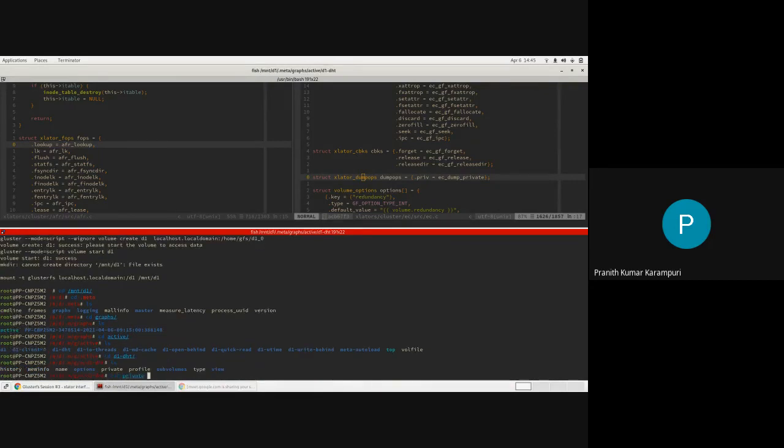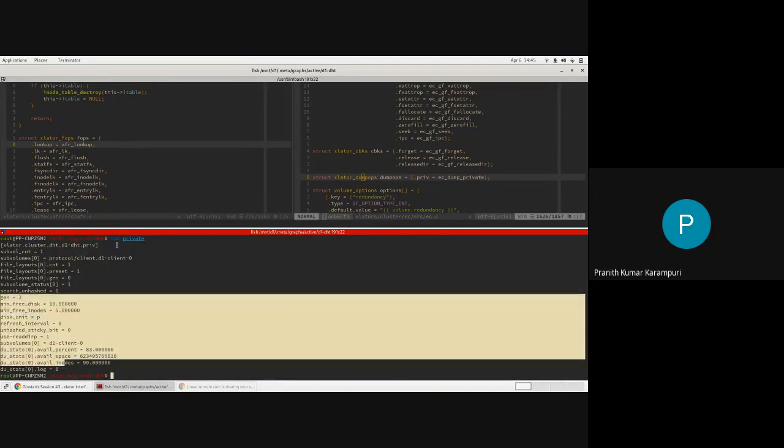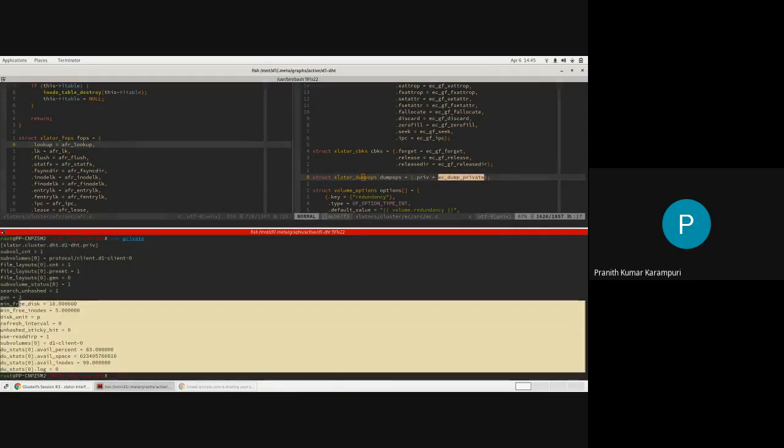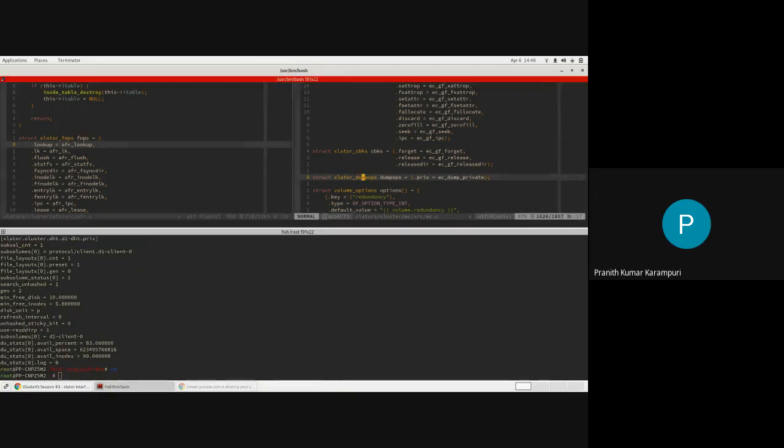So when we do this cat private, this will lead to an operation like this. So in dump ops, there is a .priv, and you can write code to dump whatever information you want to be present here. So this is a way of looking at the contents of each translator that you want to expose to the mount. It is easier to debug with this information. So these are some of the things that are present in a typical translator.